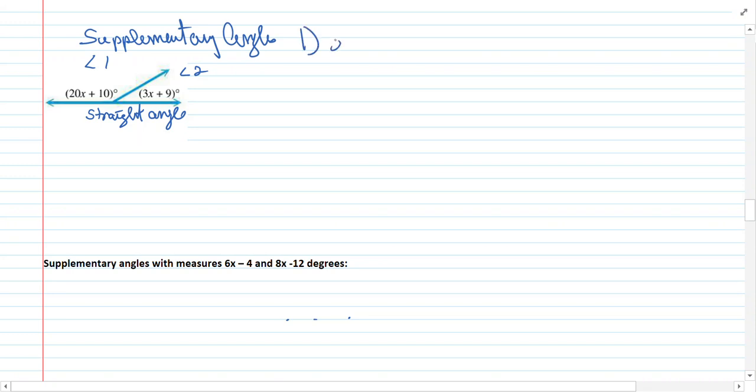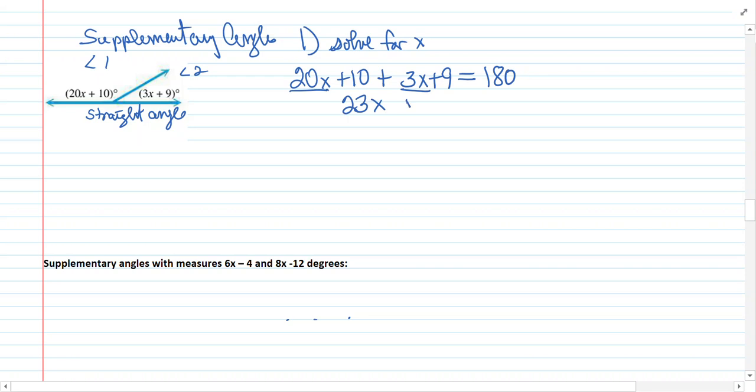So I'm going to say we're going to solve for x. And we have 20x plus 10 is angle 1, plus 3x plus 9 as angle 2. They're supplementary, so they equal 180 degrees. 20x and 3x is 23x, plus 19 equals 180 degrees. I'm going to subtract the 19 from both sides, additive inverse, and that gives me 23x equal to, I have to do some math here, let me see,